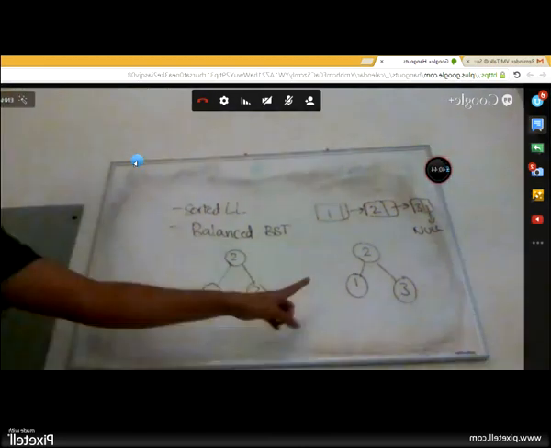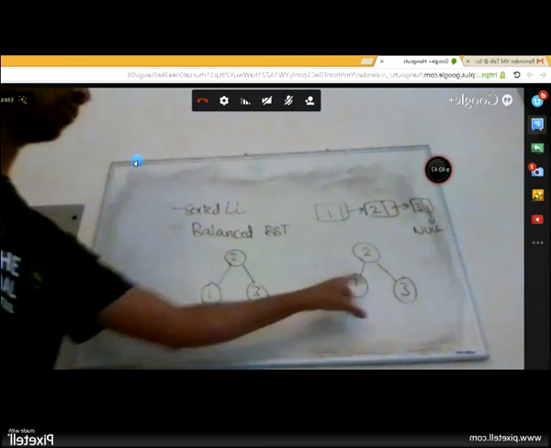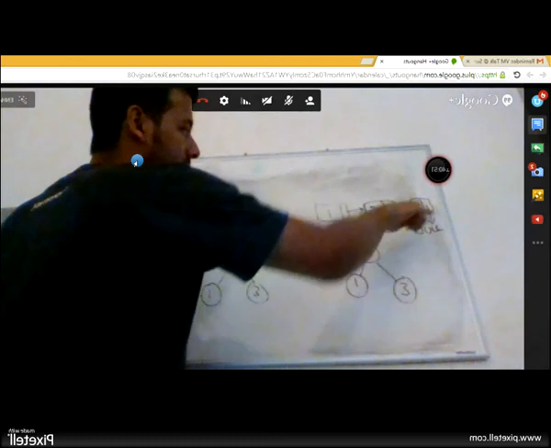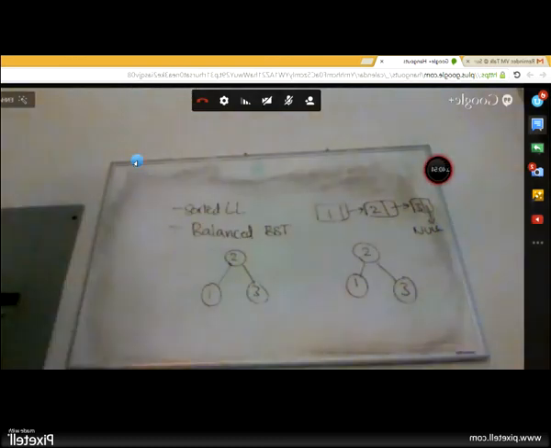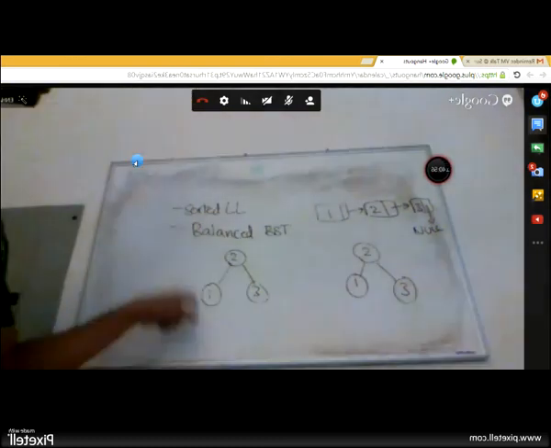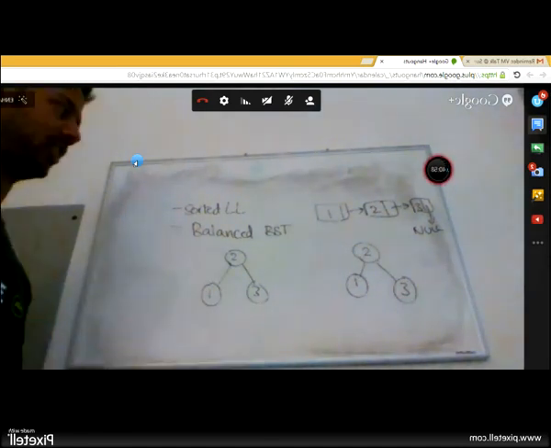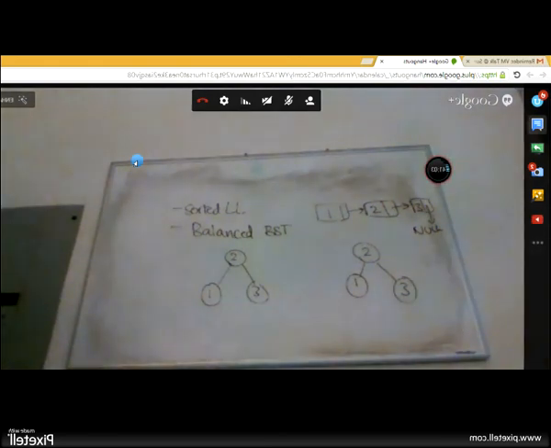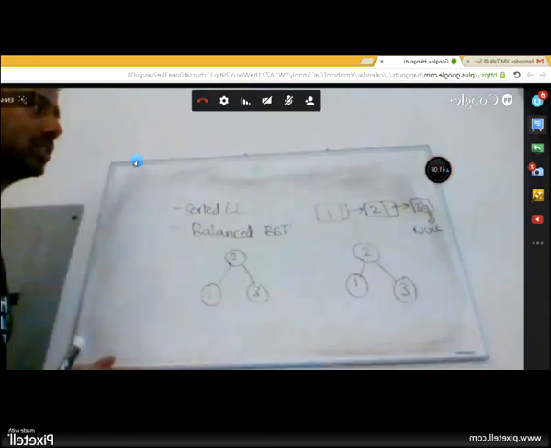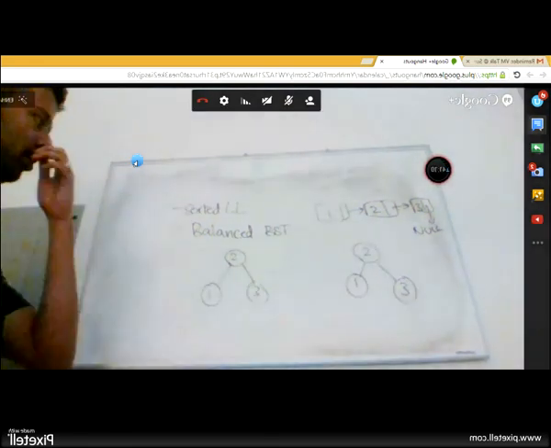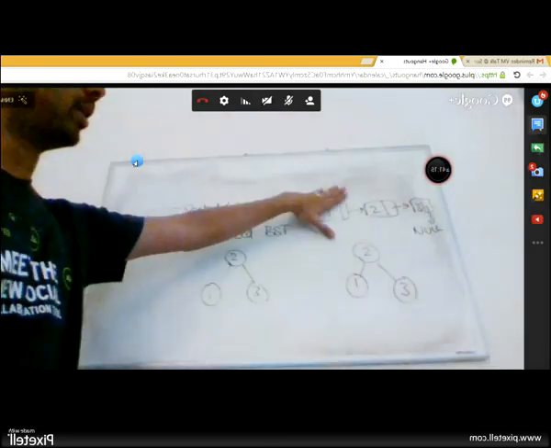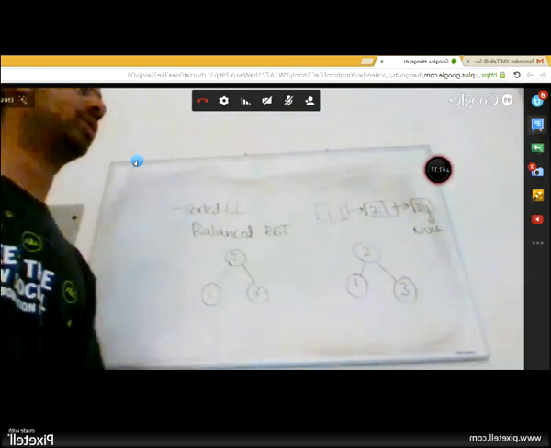If I can somehow do the constructions like this instead of in this order, I can still maintain linear time because I'm accessing the linked list one node at a time and I traverse the entire list, which is theta of n time, and I still end up getting the same balanced binary search tree. The code for this is actually very trivial. Instead of doing a top-down approach in your recursion, you just swap the calls and make it a bottom-up approach. And every time you're done processing one node, you increment the pointer to point to the next node.